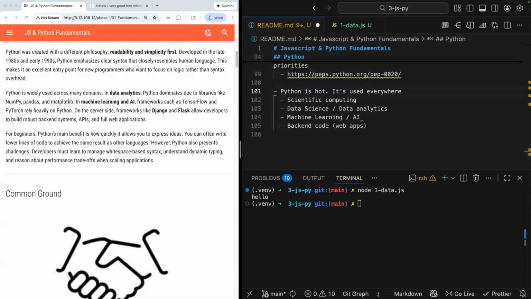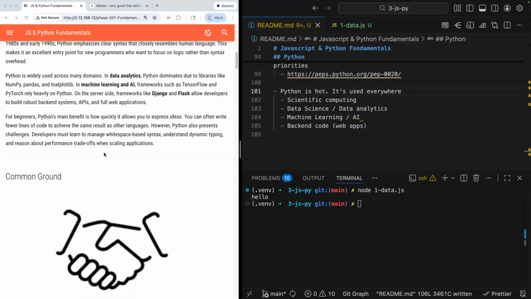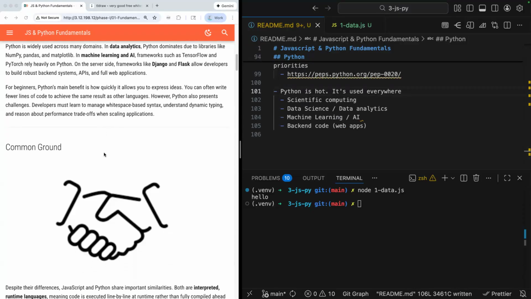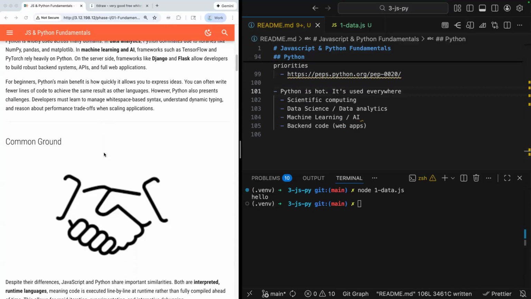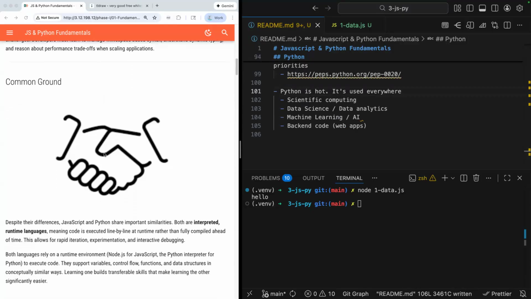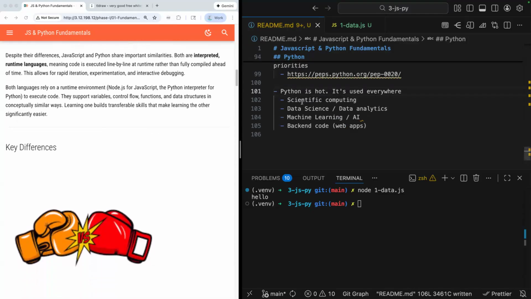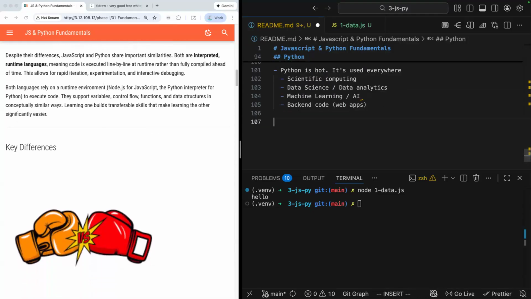A lot of universities use Python as the language they teach undergrads. MIT famously switched to Python sometime in the early 2000s, which was a big deal because they used to use this other language called Lisp. Python and JavaScript